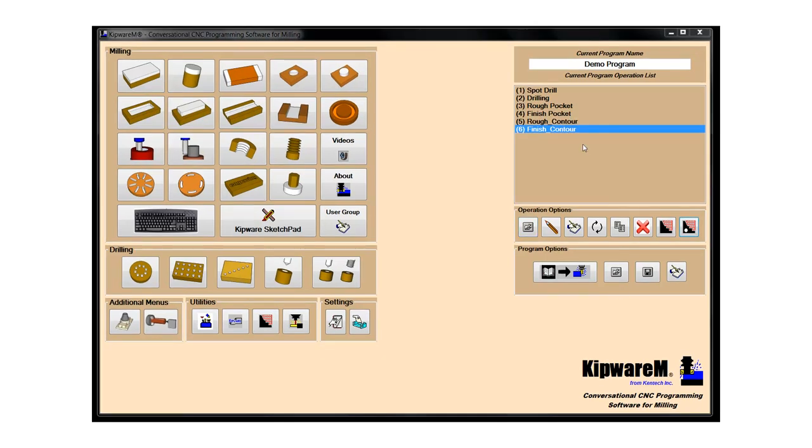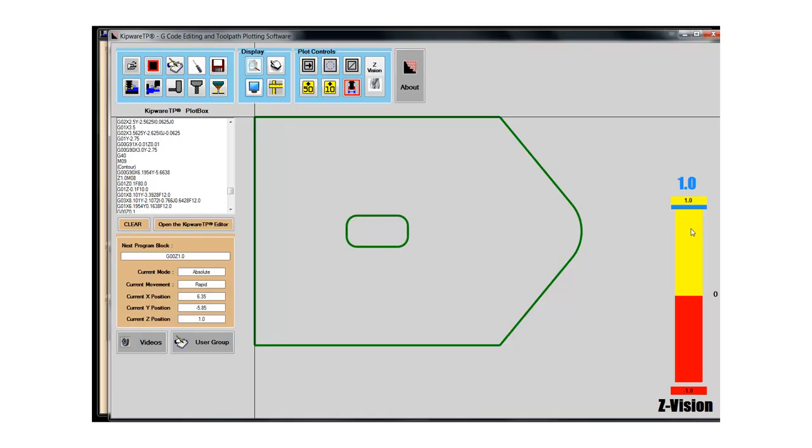So I'm going to launch Kipware TP, and I want to plot everything in the tree, so I'm going to use this icon here to get it going. I have my DXF stock model loaded, and I have my tooling. Just make sure that I have my tool turned on, and I'm going to hit the plot button and we'll see what happens. So we've got the 3 holes. We've got our pocketing,